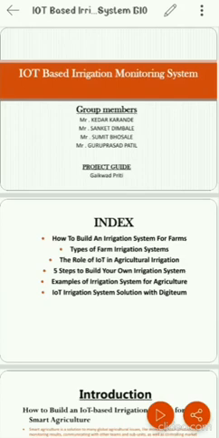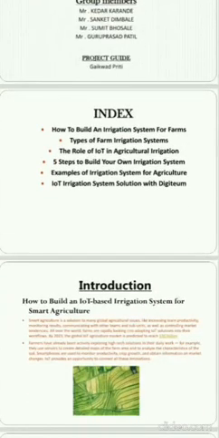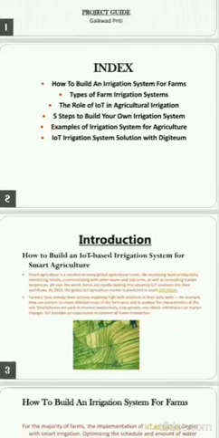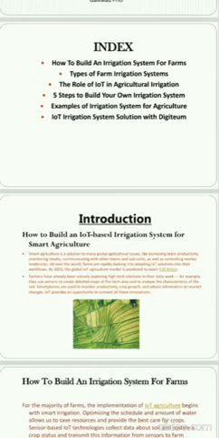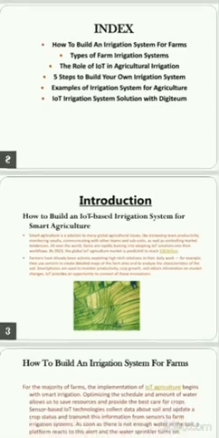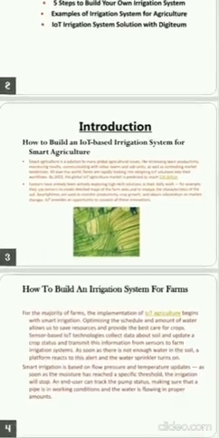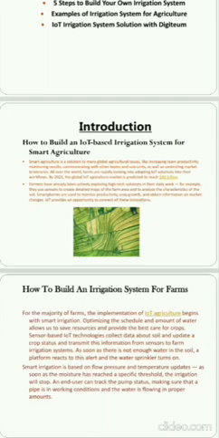First, introduction. How to build an IoT based irrigation system for smart agriculture. Smart agriculture is a solution to many global agricultural issues like increasing team productivity, monitoring results, communicating with other teams and subunits, as well as controlling market tendencies all over the world. The farms are rapidly looking into adopting IoT solutions into their workflow.